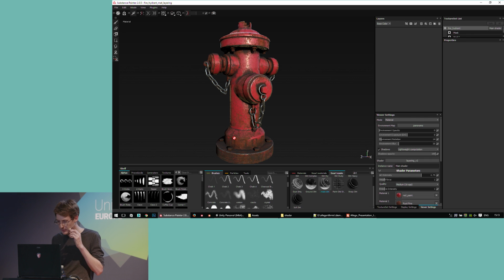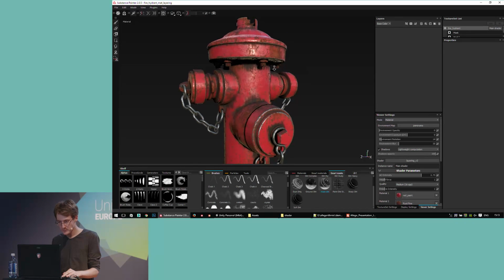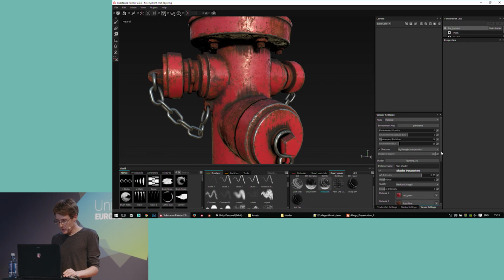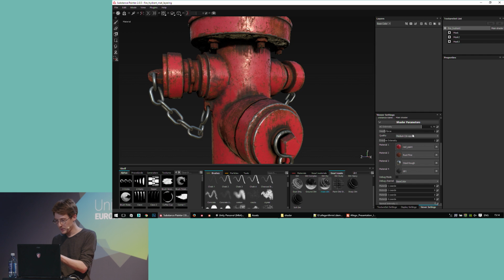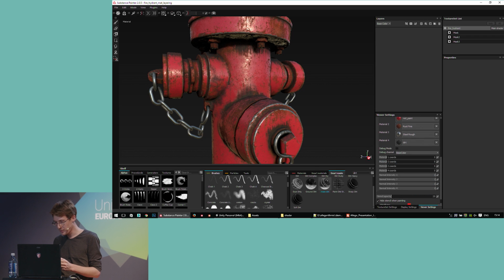So maybe you saw the red progress bar. It was Painter regenerating the project. So in this version of the project, we have a quite different setup. Directly in the shader parameters, you see that we have 4 materials, material 1, 2, 3, and 4, along with